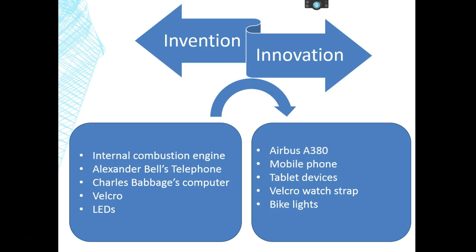Velcro, fantastic invention, but of absolutely no use whatsoever until somebody took it and put it on a coat, or put it on a watch strap. It's just a scientific idea until somebody innovates it and turns it into a product that can be sold. LEDs, so light emitting diodes, are used hugely and extensively now in bike lights and car lights because they can be made super bright. So invention, new idea; innovation, taking that new idea and creating a product which can be